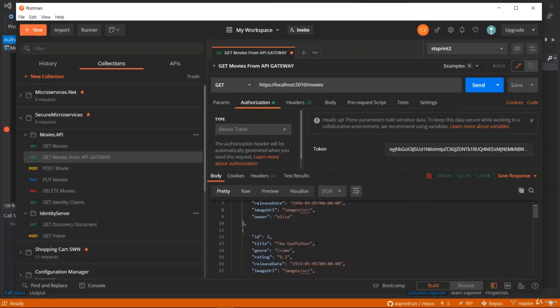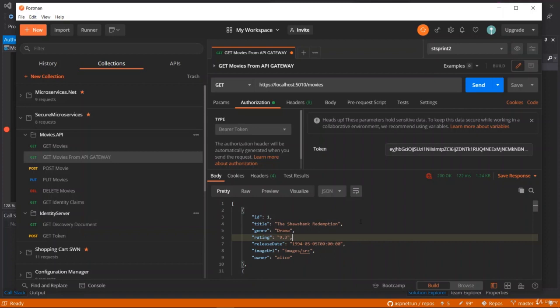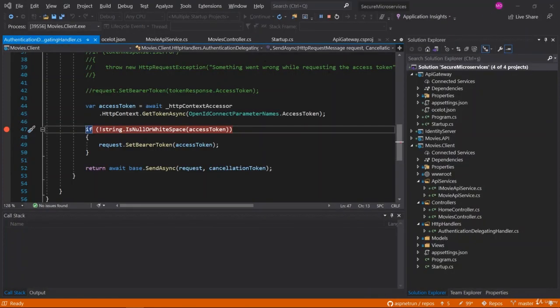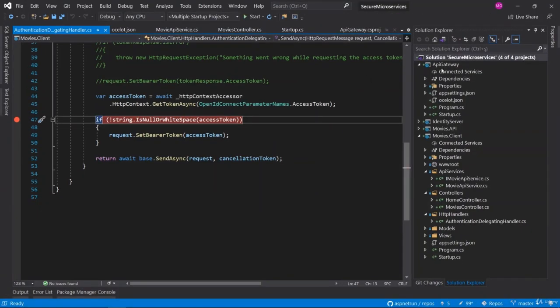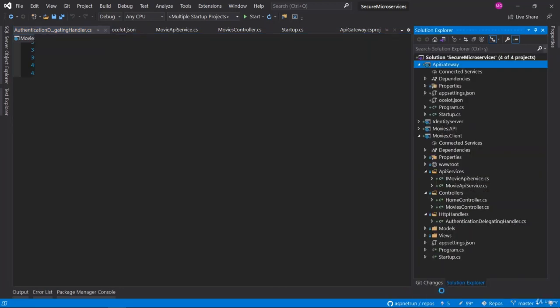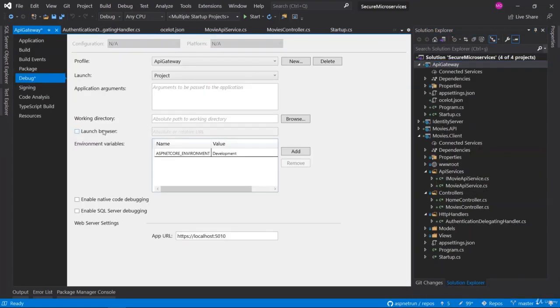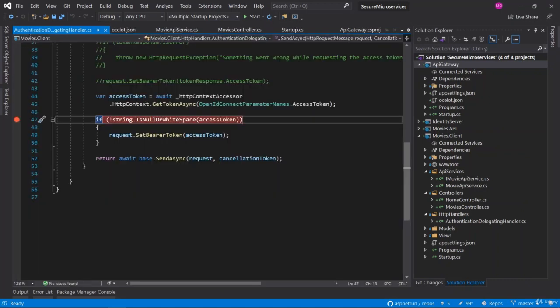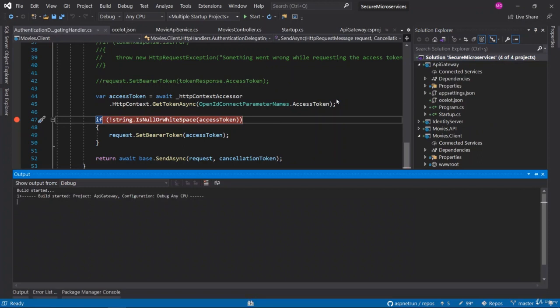So it is very good. We are able to get results successfully, and so now let me configure the API gateway. Let me configure the launch settings. Let me close this one and right click the API gateway. We don't need the launch browser because it is opening an empty browser. I'm closing this one. So finally we can run all our 4 applications, and let's make a big test now. I'm starting with Ctrl F5 without debugging. I don't need to debug anymore.